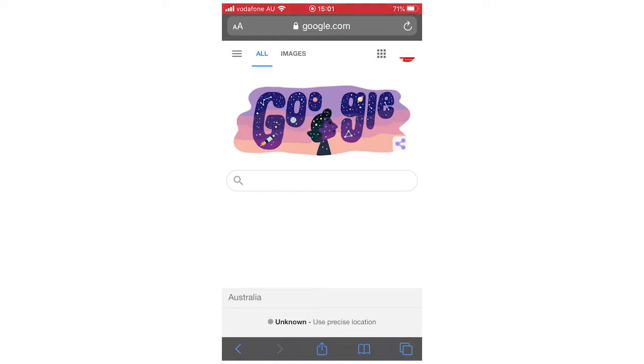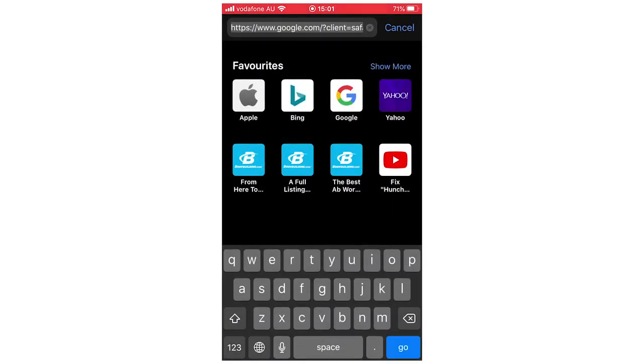So this is going to work the same whether on your laptop computers or on your phone, whether it's Android or iOS devices like the iPhone or iPad. You're going to want to go to google.com on your web browser, then make sure you're signed in. You can do that by clicking in the top right hand corner. Once you're signed in, you're going to want to type in the URL at the top of the page,